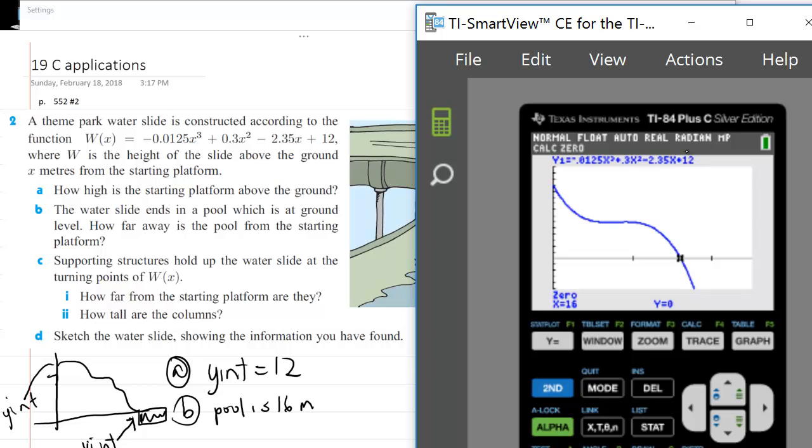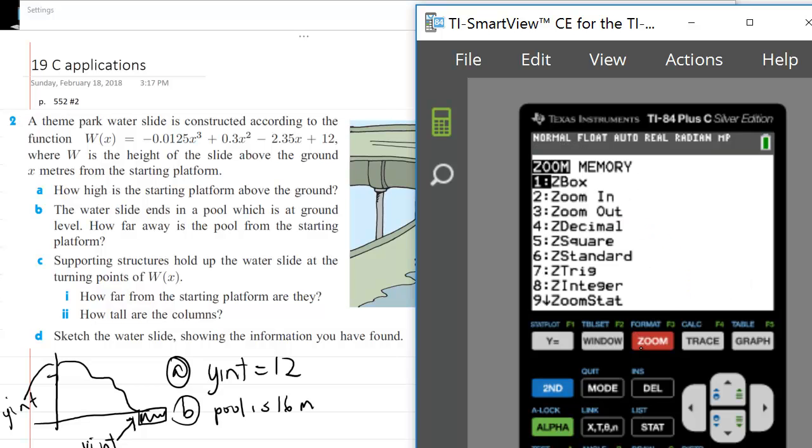So we want how far away they are and how tall they are. So that means we need the x and y coordinates of wherever these things are. To make it a little clearer for myself, I'm going to stretch my y coordinates out a little bit and see if I can get more information, or I can just do a zoom box. I can just zoom in to that place that I'm interested in